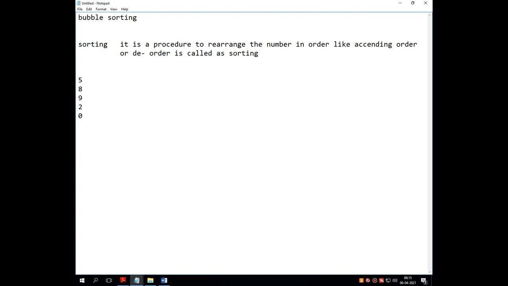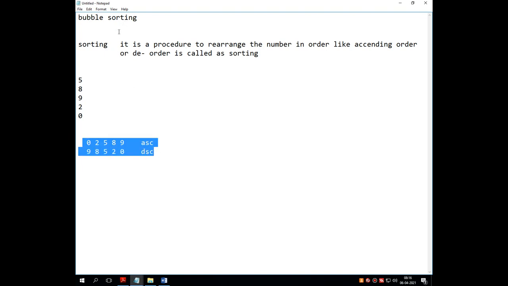After the insertion of all these numbers, if I get an output like this, the numbers are arranged in ascending order. Suppose I get the same output in this format, then the numbers are displayed in descending order. So this is called a rearrangement of the numbers.